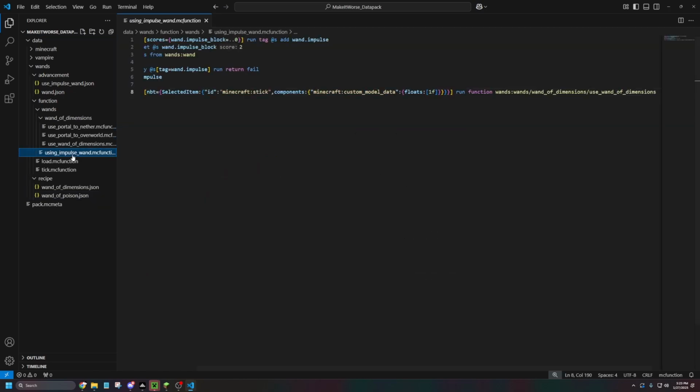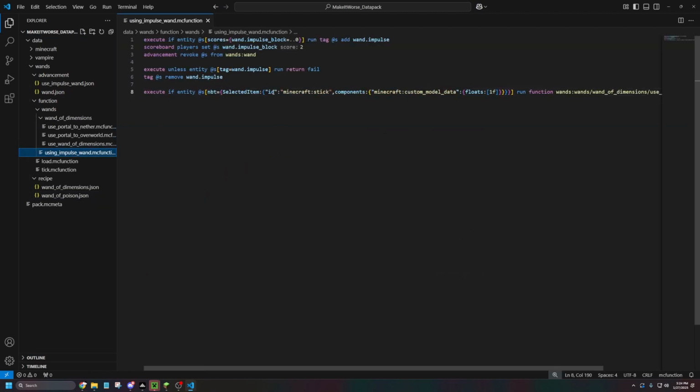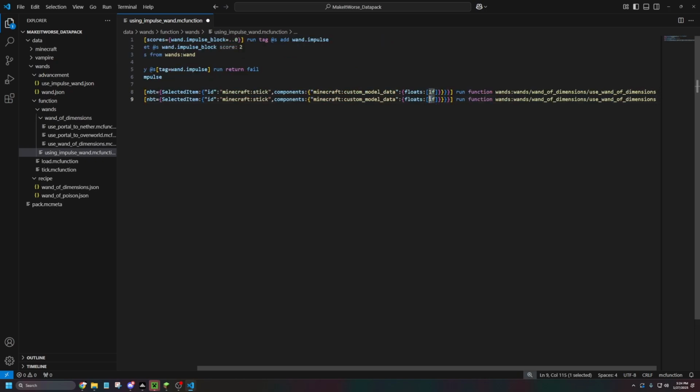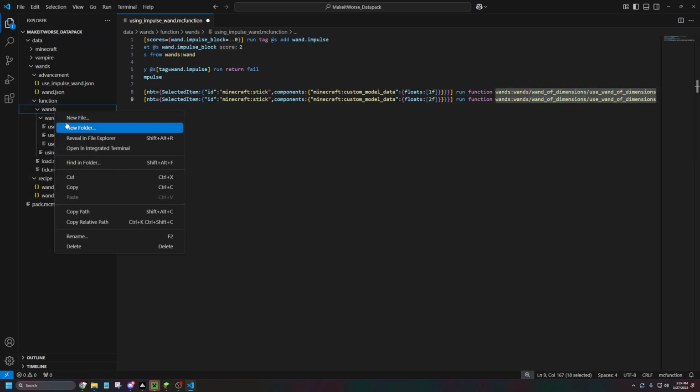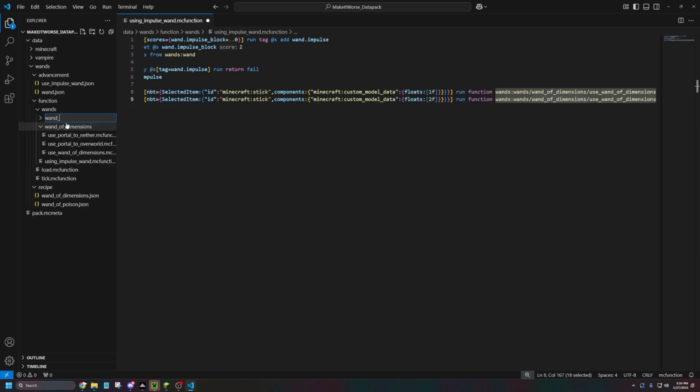We're going to go ahead and open up our using_impulse_wand function, and we're going to go ahead and copy this big old line and change the float to 2f, and right now it's still using the Wand of Dimensions function. Let's go ahead and fix that. In our wands folder, let's go ahead and create a new folder and name it Wand of Poison, and let's go ahead and add a new file,